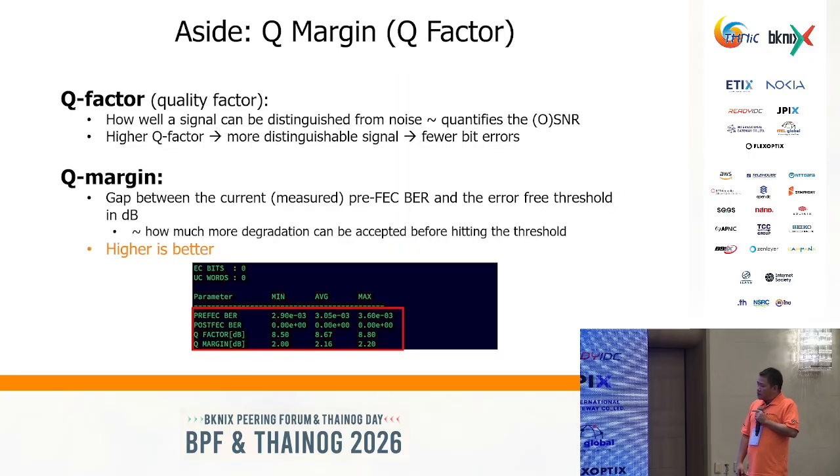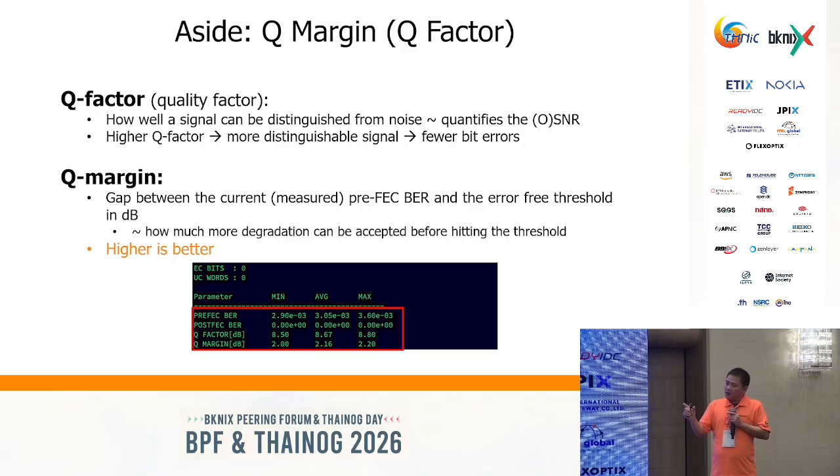Again, for IP folks, you see this parameter, this telemetry called Q factor or Q margin. Again, back to what OSNR was about. Your Q factor quantifies OSNR. It means a higher Q factor means the signal is much clearer, right? Which means fewer errors. And Q margin is, now